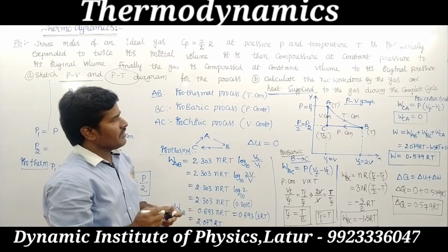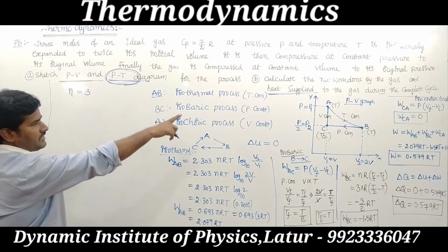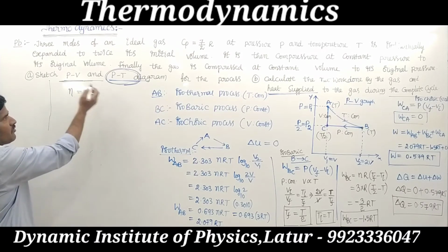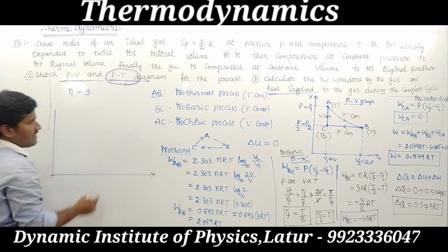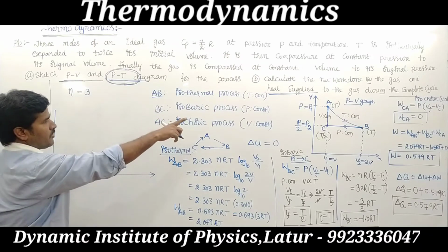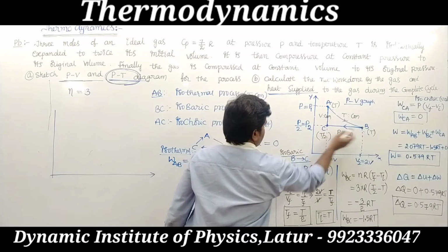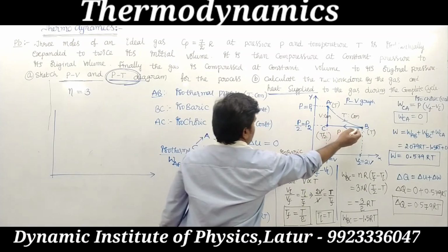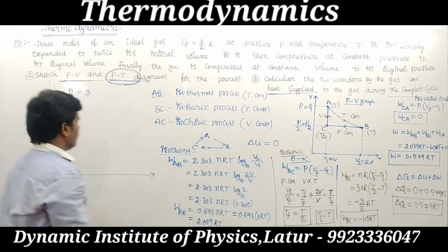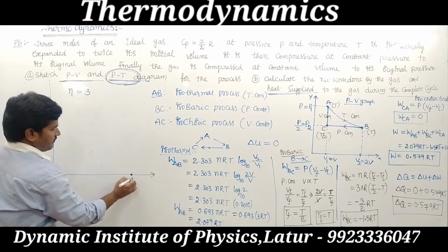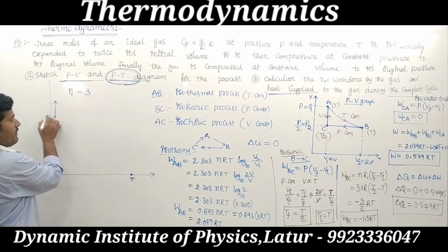We draw the graph in the second diagram, sketch 2. The total heat is already completed, and the pressure and volume graph is over. Now the pressure and temperature graph, for the three positions A, B, C. At A the temperature is T and pressure P. At B the temperature is T and pressure is P by 2, the pressure decreases. At C the temperature is T by 2, so again the pressure is P by 2. First we consider the temperature T at position A, where the pressure is P.